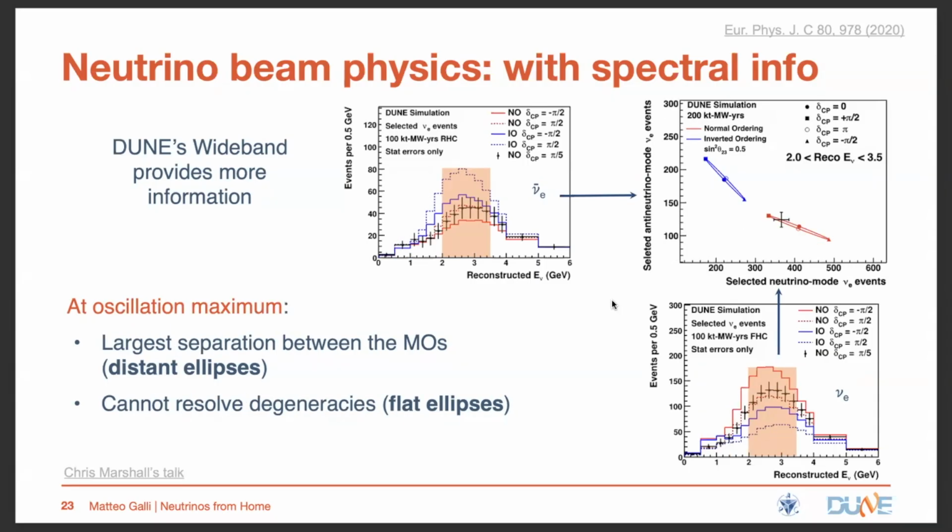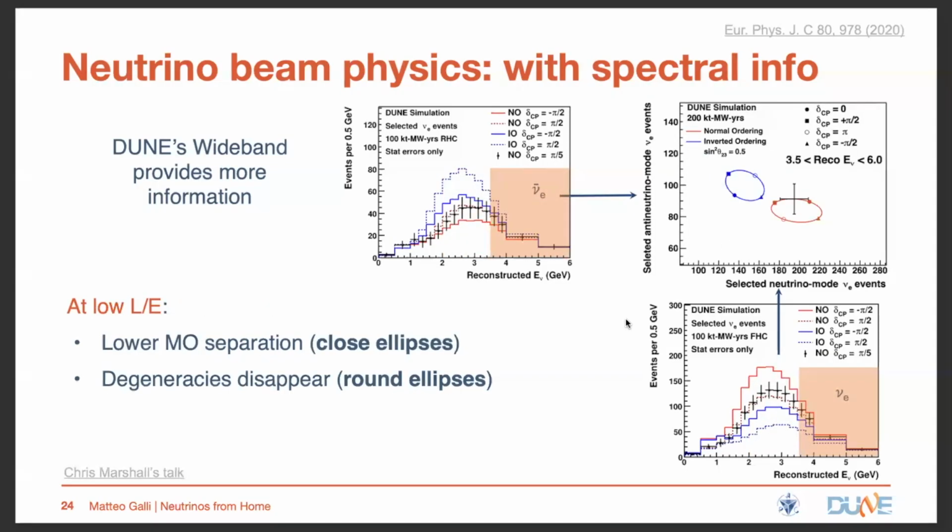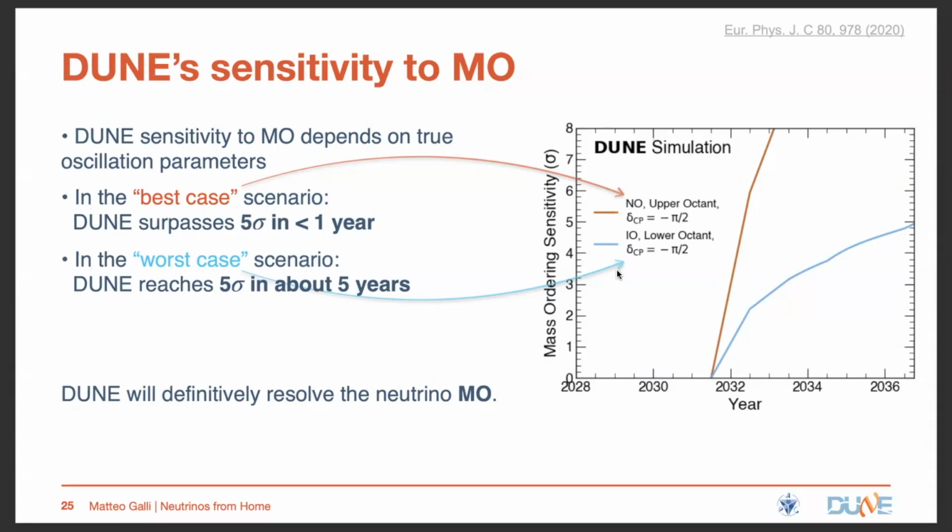And if we take into account the peak of the energy spectrum, we obtain the greatest separation between the two mass orderings. Then, if we look at the high energies, we obtain circular ellipses in which the delta CP degeneracy has completely disappeared. So considering this power derived from the uniqueness of the DUNE baseline, we can determine the sensitivity to